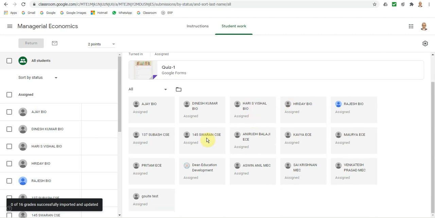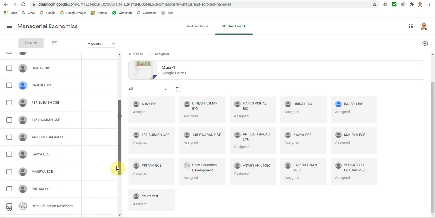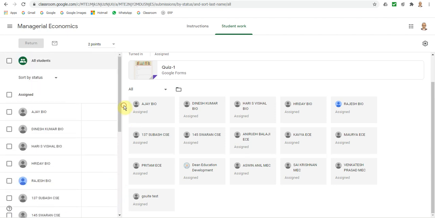So after you import the grades, you are supposed to see here, so you can say because the maximum mark is 2 points we assign, what is the grade this boy got. And here it says it was assigned to how many. Normally we assign to all the students, right? We have imported the grades. So before generating the mark sheets, you have to return these marks to the students.